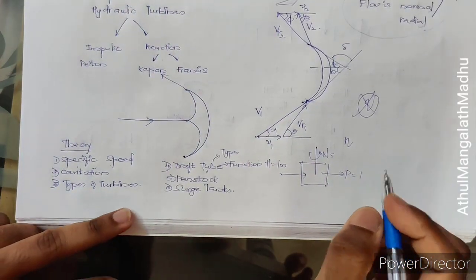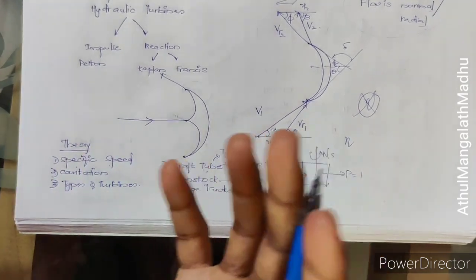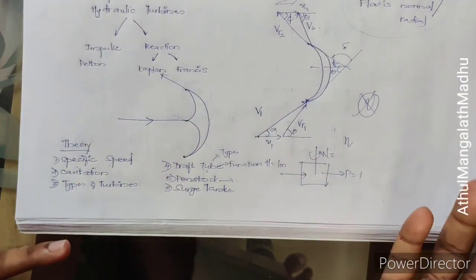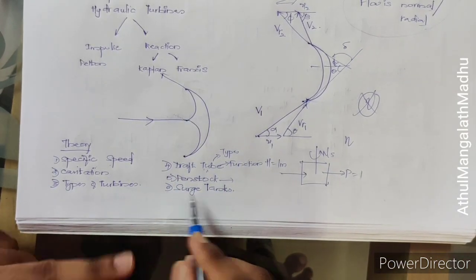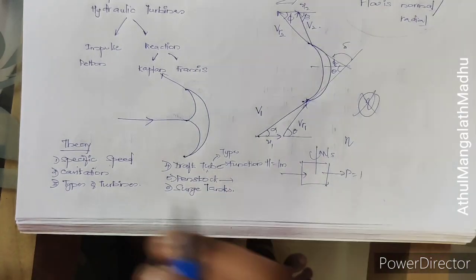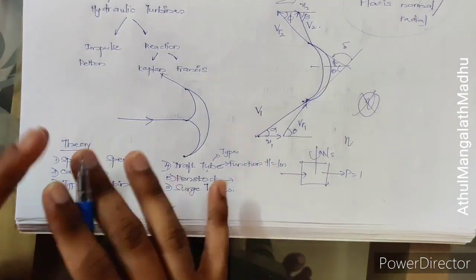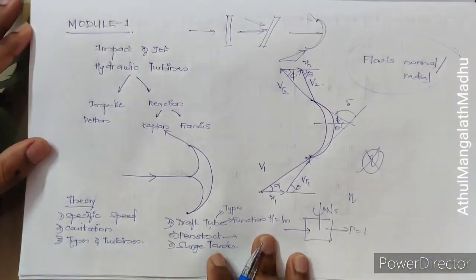And we have seen what it means by penstock. Penstock is the large pipe through which water is taken from the reservoir to the powerhouse. Water has to be transferred to the powerhouse. That is a penstock. And the uses of surge tanks we have seen, and the types of surge tanks also, I've given you the PDF, you can refer to that. These are the main important theory topics that you can expect from the first module.